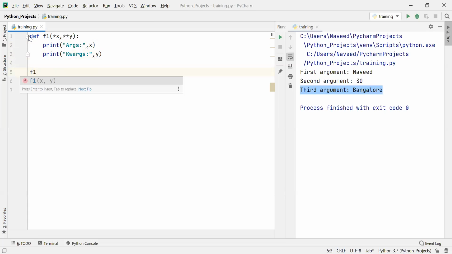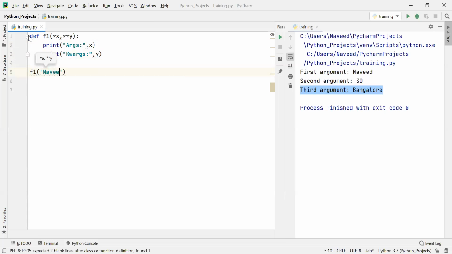So to f1 we need to provide certain values: Naveed, 30, Bangalore. This is the value for the args.